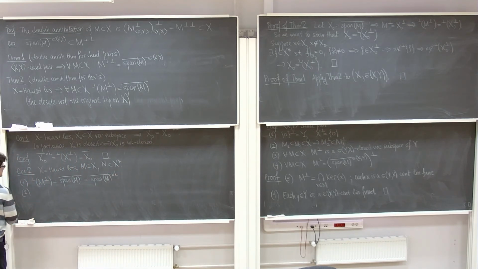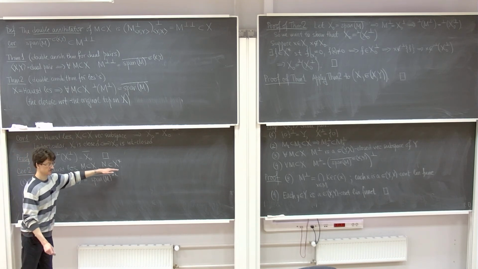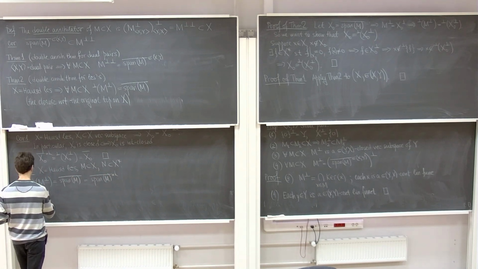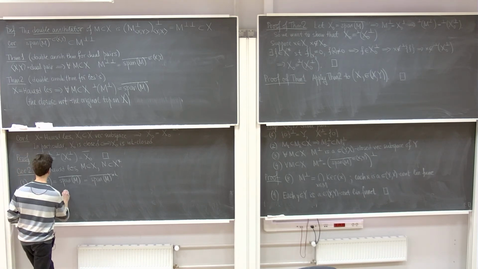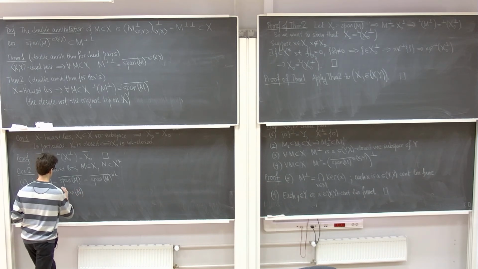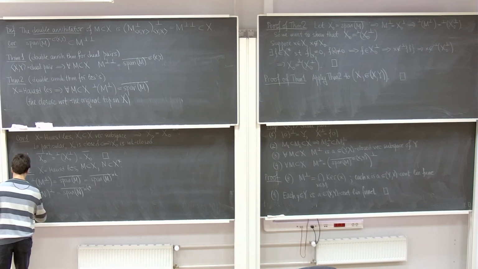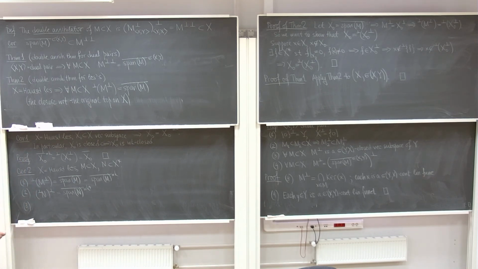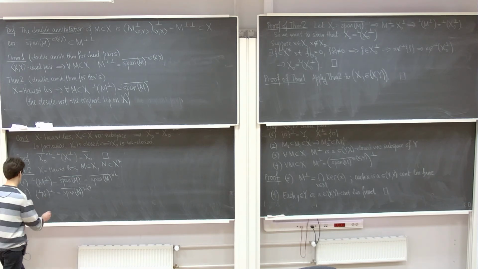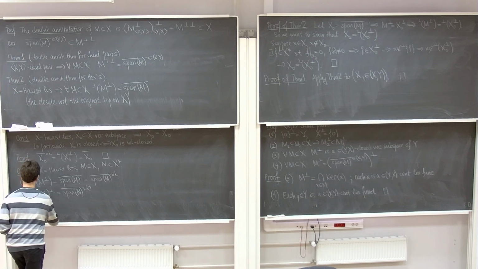Part 2: if we start with a subset in the dual, then the annihilator of the pre-annihilator is equal to the weak star closure of the linear span. Again, this is a special case of the double annihilator theorem. In the special case where X is a normed space, we can continue this equality. So if X is a normed space,